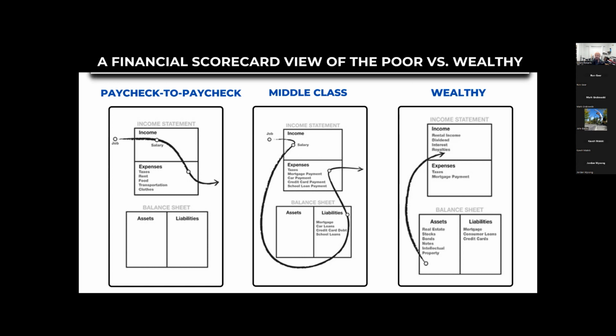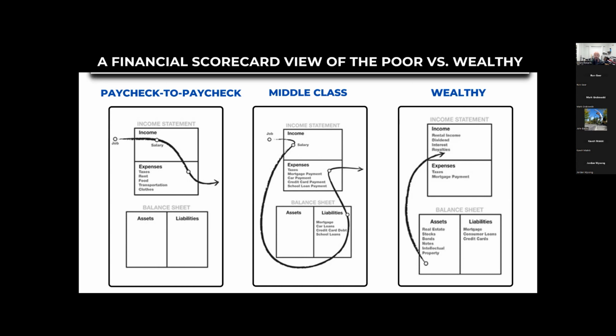I did not come up with these charts. I actually took these charts from a Robert Kiyosaki class I took 10 years ago or so. But for me personally, it was profound, because what it taught me was, if you have income, say a job, and you have assets and liabilities, then there are different ways that people in this world treat that income. And I put just 3 different examples here.